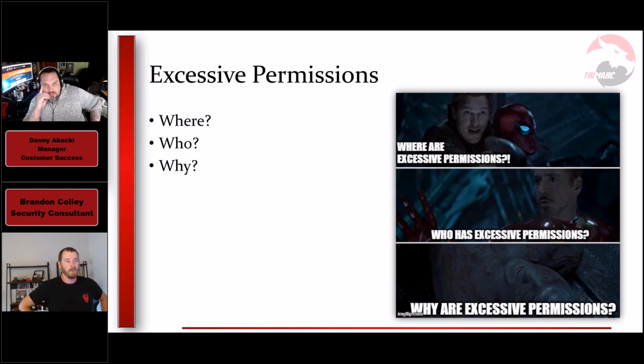So excessive permissions, like why are they there? Sometimes they make sense. I want to say that first and foremost, right? It could be the lesser of two evils. What I always think about with this is the account that's used for Azure Active Directory Connect, where it synchronizes your on-prem to the cloud. That account could be in domain admin, or it could be granted only the permission it needs on only those OUs that it needs. So really, you have to look at each of the permissions that exist and ask yourself some of these questions.